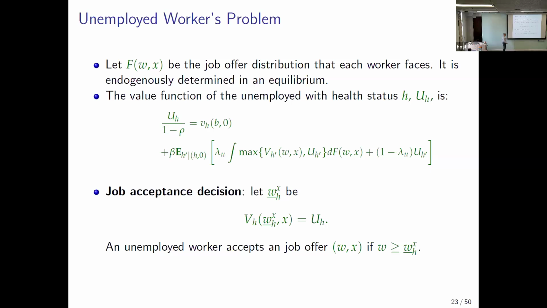So I may start out working for a low wage without health insurance at McDonald's, but I'm not satisfied there. I may continue searching for another job while working for this low-paid job at McDonald's. Then I may get a better offer, and if I do, I move. It may even happen that I started working for a firm with a high wage, but no insurance, because I was healthy at that time. Then I got a negative health shock. Then I really want to get health insurance. I may decide to switch to a firm that pays low wages, but offers health insurance. Right? There are a lot of interesting labor market dynamics that these